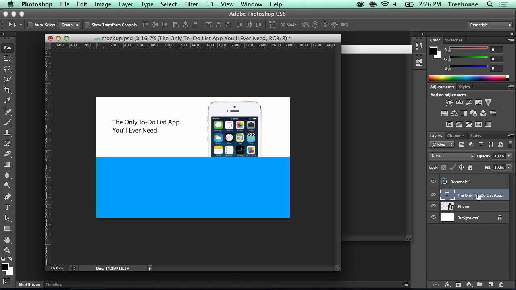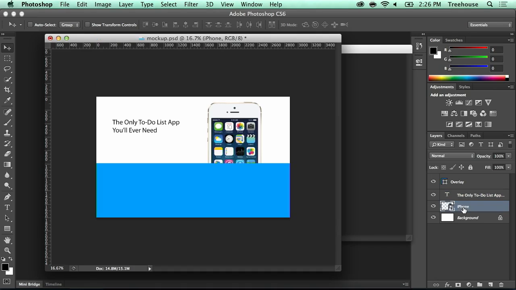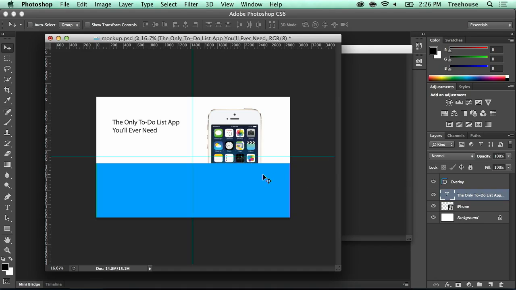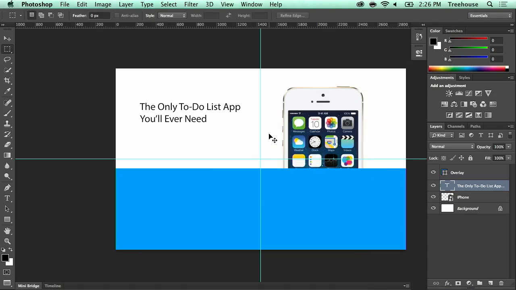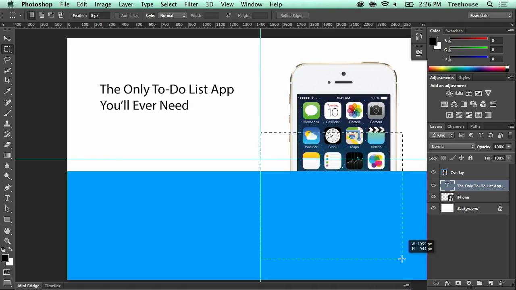I'm going to call this overlay. Let's adjust this a little bit so that the right things are showing. I want this to be in the correct place. I want some white space at the top just to give this page a little bit more of a dramatic look. And one thing I didn't do that I actually should have done at the beginning is draw out